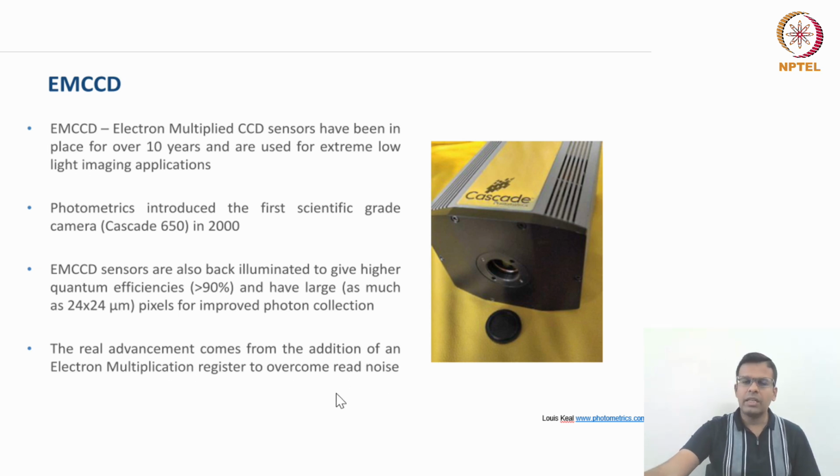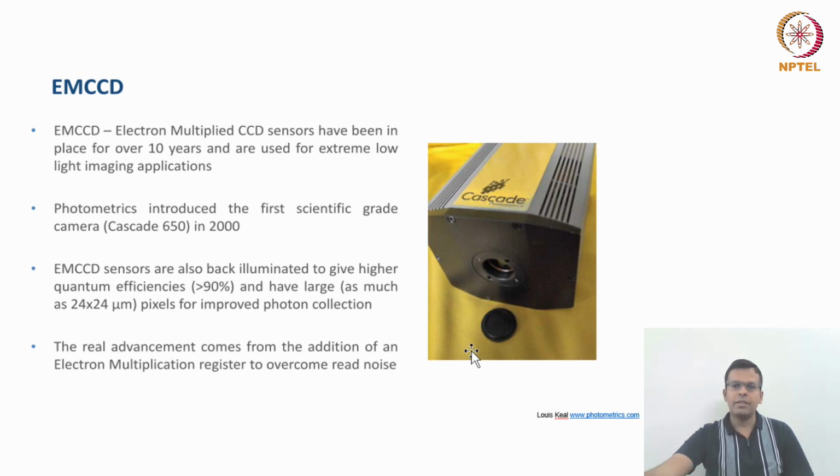Generally, in low light applications, EMCCD cameras are used. So when your objective is to capture very weak fluorescence, then EMCCD cameras are useful. Let's say if you want to go for single molecule imaging applications, then you will go for the EMCCD camera because you want to detect the fluorescence coming from single molecules.